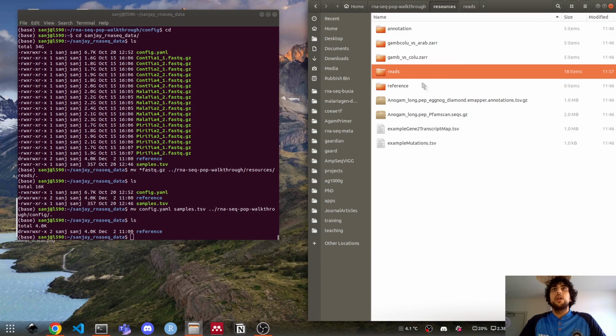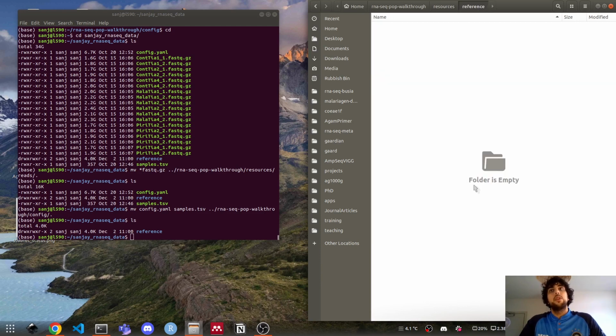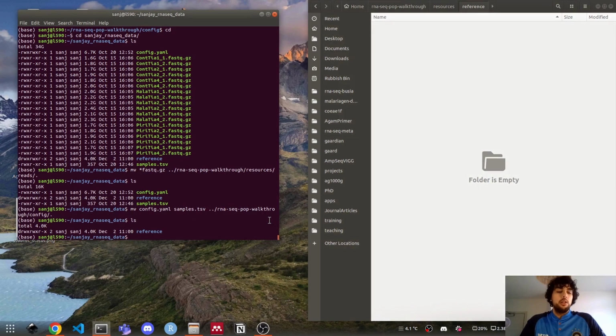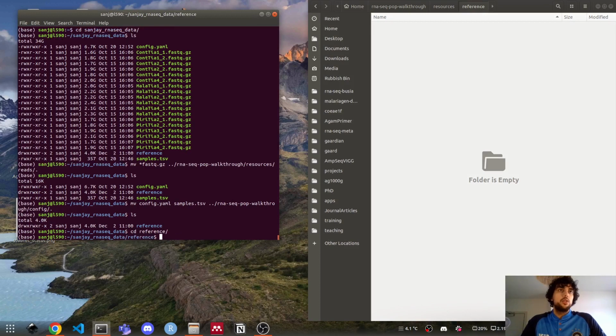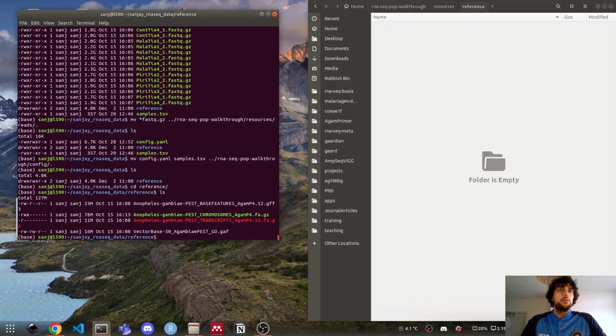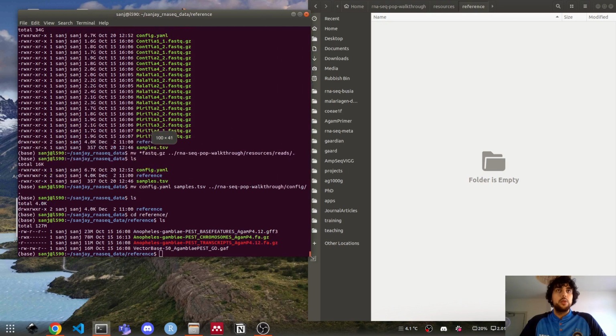So if we go to our reference folder, okay, it's empty. So we know we need a few files. Unfortunately, I have already put some of them in here. What we have is a GFF3 file, genome feature file, a gzipped chromosome FASTA file and a gzipped transcripts file. And then we also have a GAF file, which is used in gene set enrichment analysis.